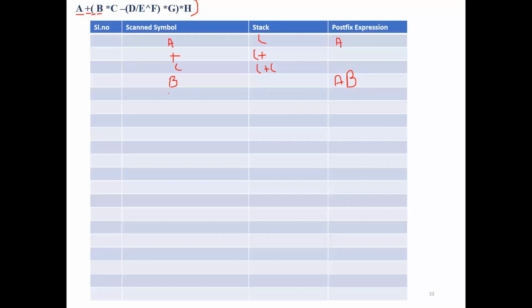So now what is the next symbol scanned? Next symbol scanned is asterisk. It has the highest precedence, so we have to push. On top of the stack, it is a left parenthesis, and again it is having more precedence, but we need not tell now because on top of the stack we have a left parenthesis, so we can just push it onto the stack. What is the next symbol scanned? C, right? C is an operand. So when it is an operand, what we have to do? We just need to output it, so it is like A, B, then C will be coming.